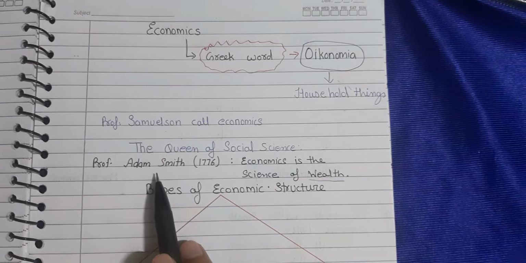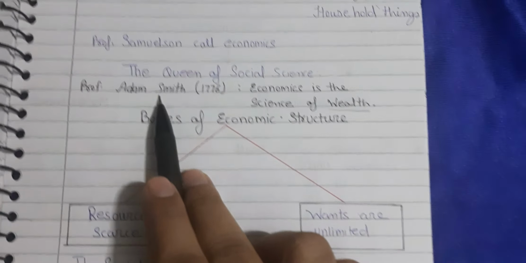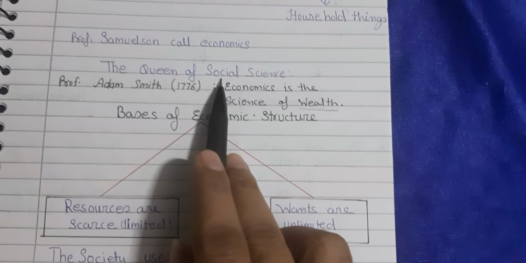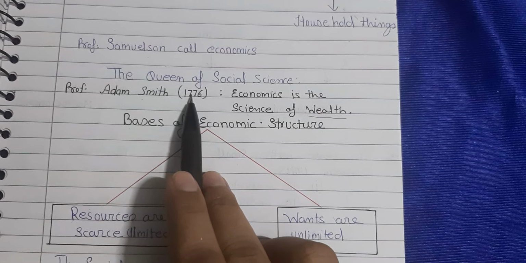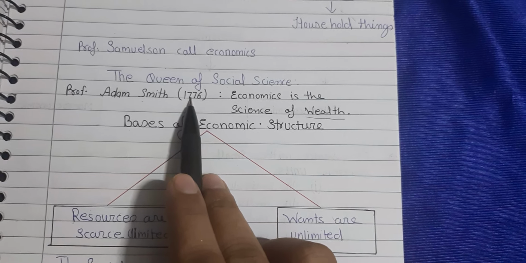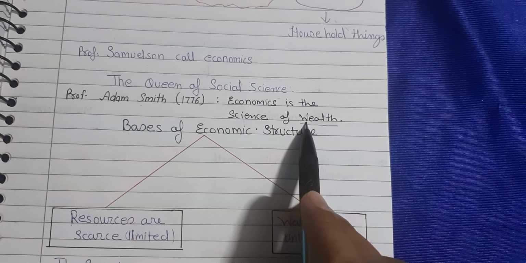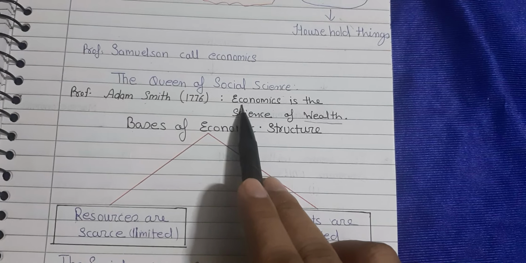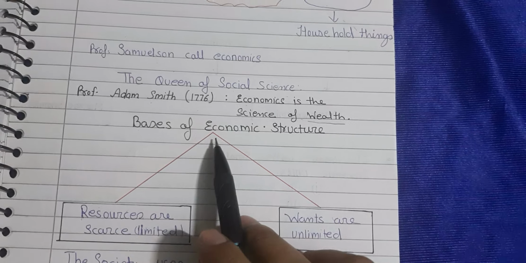But Adam Smith was the first man who said that economics is totally different from social science. It means economics is not a part of social science. In 1776, Professor Adam Smith said economics is the science of wealth. He is the first person who related economics with wealth. And according to Professor Smith,